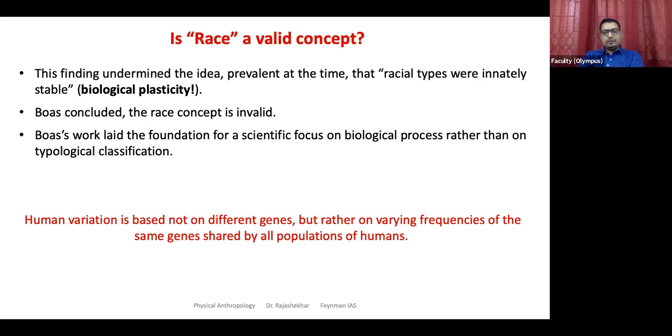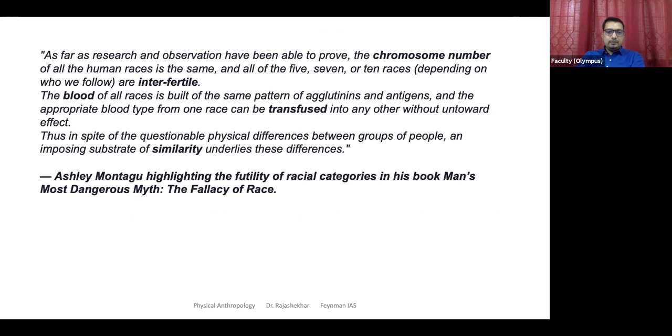If we're all different, then we should all have different genes, right? But it's not the case. Do we call Africans or Americans by a different species name? We all are Homo sapiens. Okay, so we all have the same genes. Doesn't matter. We all have the same number of chromosomes. So that is what you see. I'm extending this concept with the work of Ashley Montagu that we discussed in the last class. A few points that he gave here.